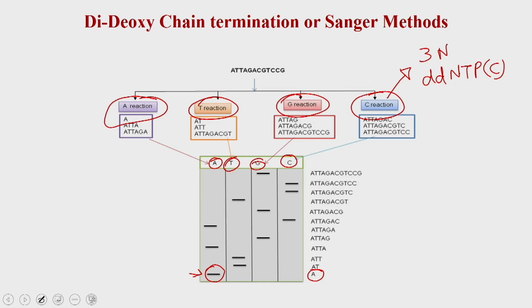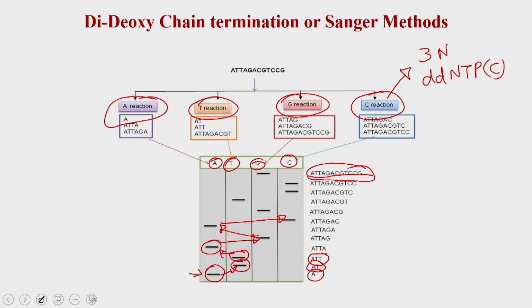Now, the next band is in the T, so you are going to write the T. The third band is also again in the T, so you will write A T T. Now, the fourth band is again in the A. So, you are going in the reverse direction like this. You keep moving, and ultimately it will tell you the sequence of